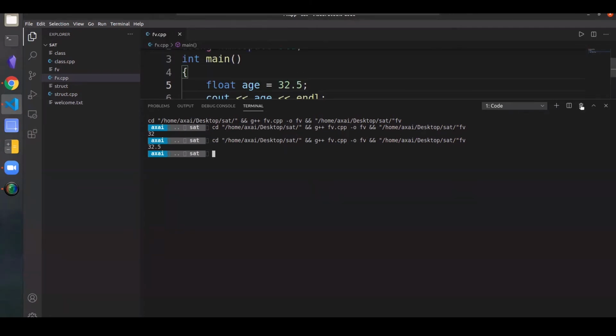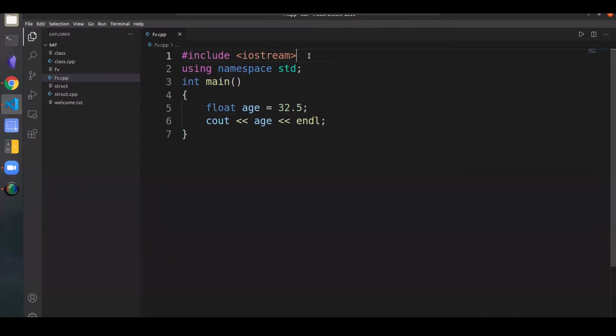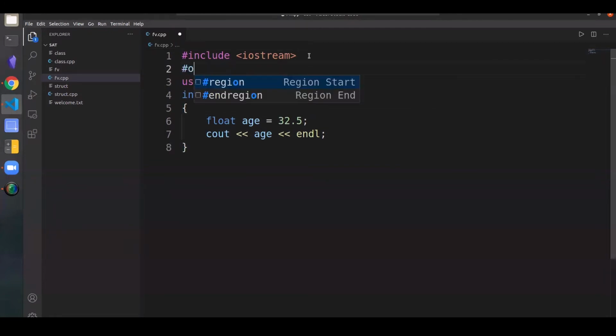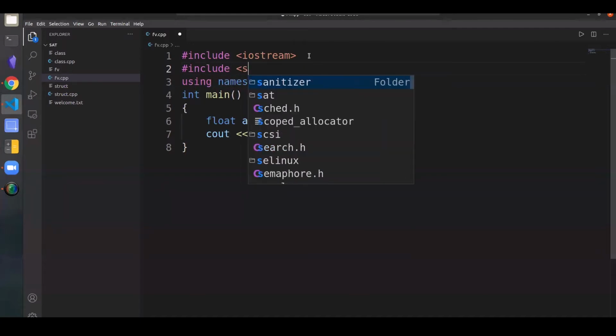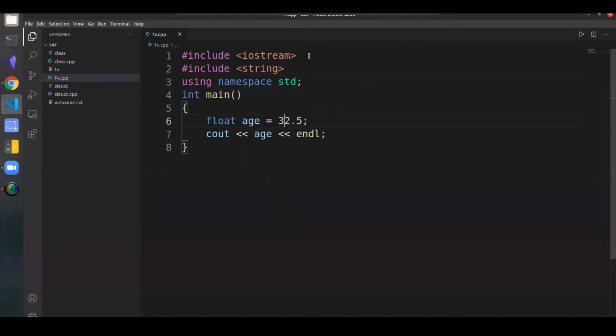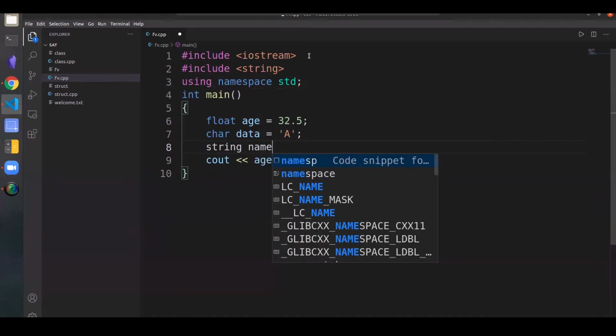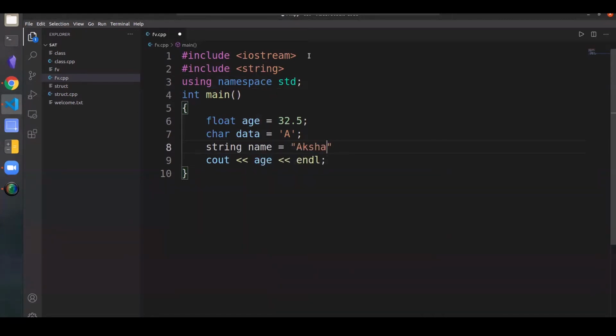And there are multitudes of other data types depending on requirements. We also have characters, and we also have strings. Strings is not strictly a data type; it is actually an array of characters. The data type char can only store one character. It can't store more than a single character. Now, if I wanted to store more than a single character, like let's say my name is Akshay, I can't call myself A. If I need to store my entire name, I need to use strings.